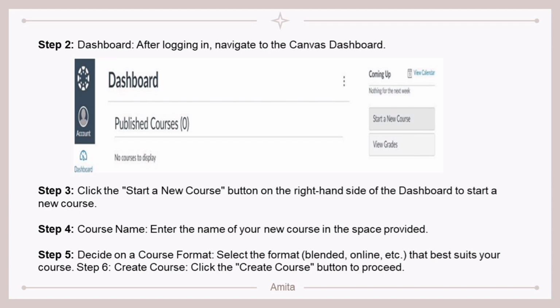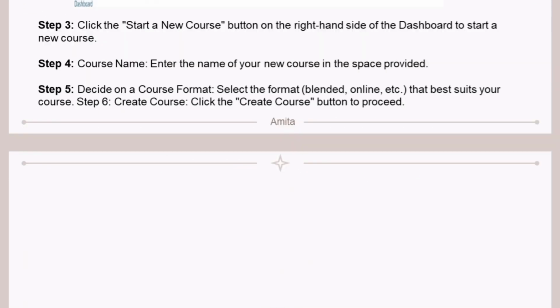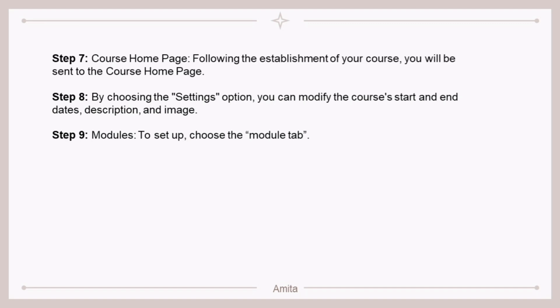Step 6 is to click on the Create Course button to proceed. Then step 7 is the course home page. Following the establishment of your course, you will be able to see the course home page. Then step 8, by choosing the settings option, you can modify the course's start and end date, description and image.